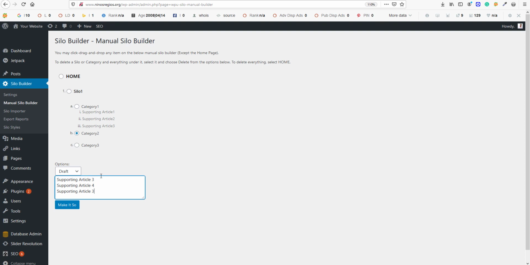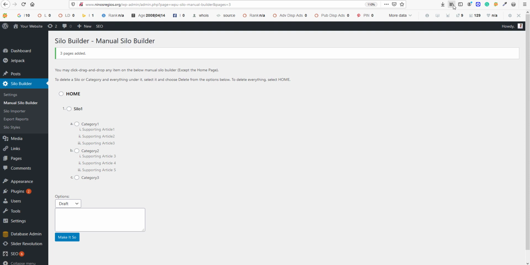Four and 5, and make sure that it's published. It's that simple. I don't have to go and create pages individually one by one, and that's the real power of this application. Now if I were to look at the front end again,